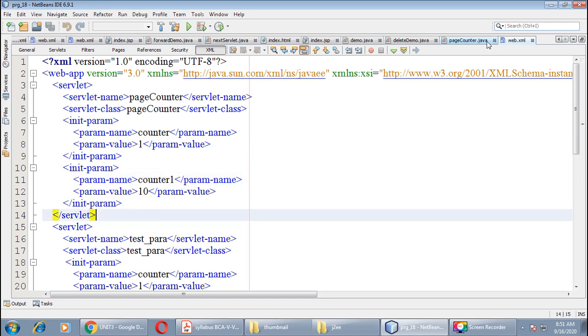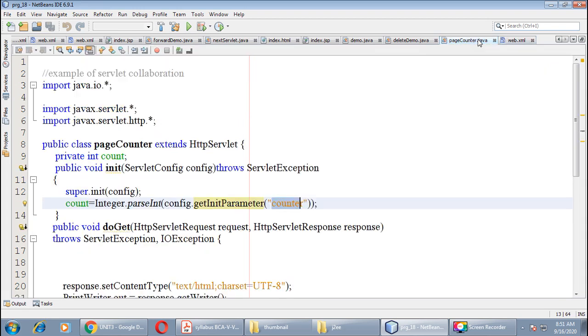Now let us go back to our servlet PageCounter.java. Here we will get the value of that parameter, and we will get it back in the variable named count, which is declared as a private integer variable at the beginning.